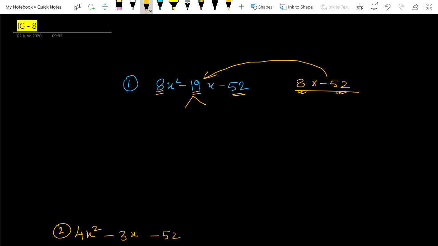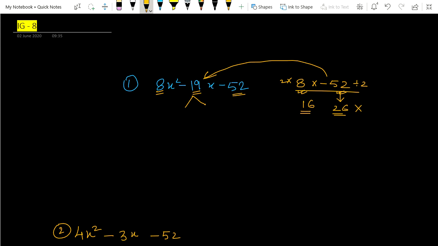So we are finding here that 8 and 52 cannot create minus 19. So we are going to form a new pair. As we are aware, 52 is 26 into 2. So we are dividing this 52 by 2, so we will get 26 here. If we are dividing 52 by 2, we have to multiply the second number by 2. So the new pair is 16 and 26. By 16 and 26 we are sure that we cannot create 19, so this pair is also not a useful pair.